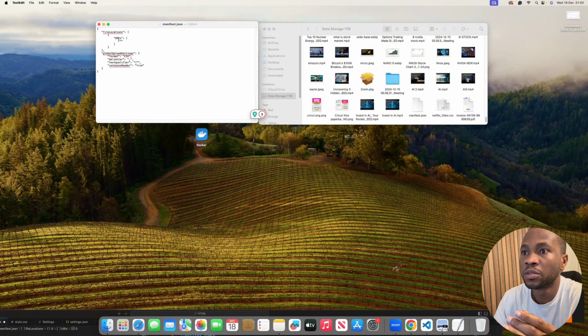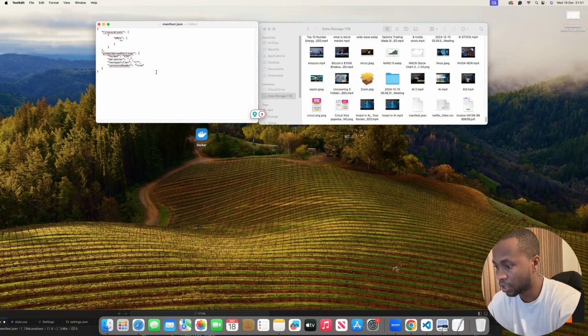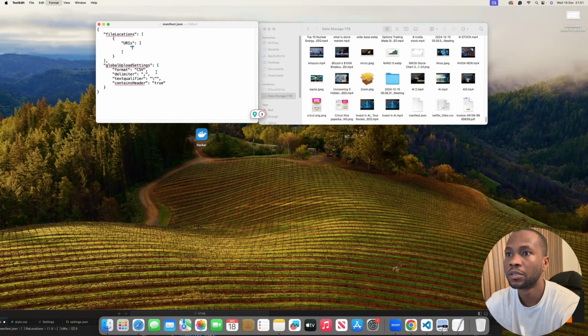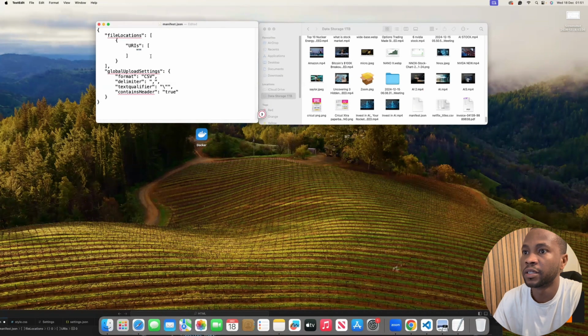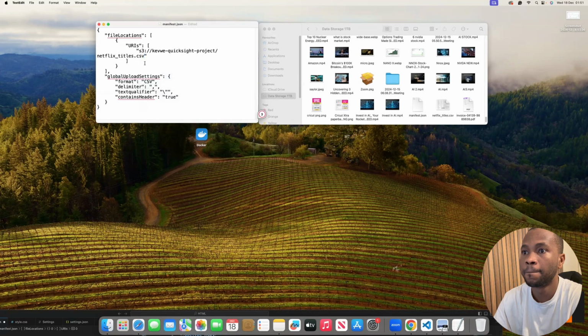So what I'll do is to just put it in the middle. So let me just expand this. Okay, all right, so I think we can see this clearly now. So I want to paste it in between these two columns. So what I'll do is to paste. So now we can see it has been pasted successfully into the URL. So I copied my S3 bucket URI into the URI of this code,